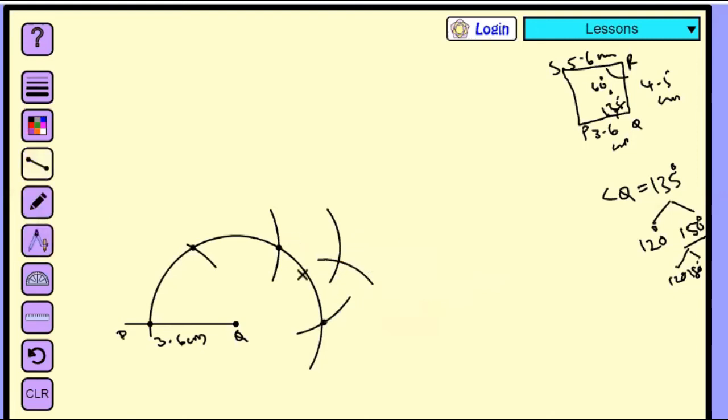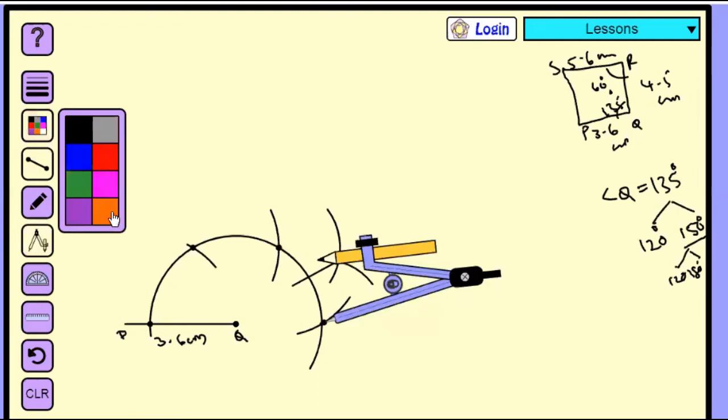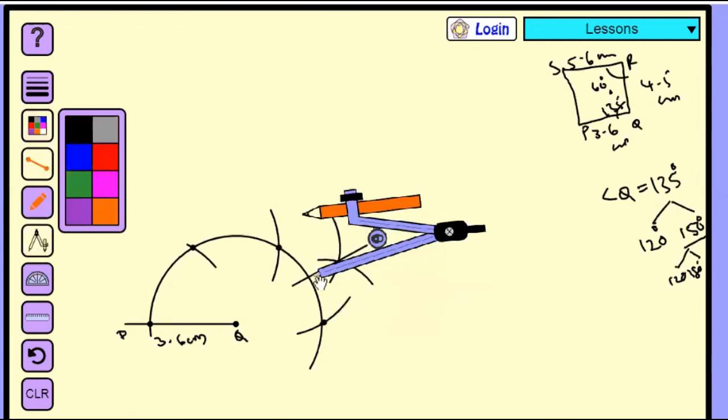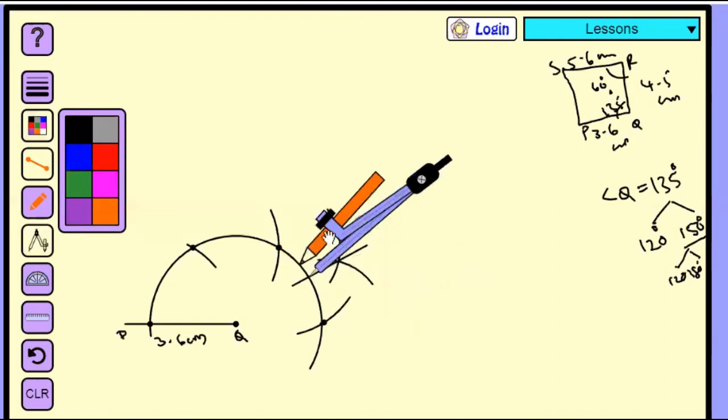Now just remove the compass and mark the point of this 150 degrees. Why? Because we need to bisect this 120 and 150. Now see this middle arc shows the 150 degrees. Now we are going to bisect this 120 and 150. So for that I am changing the color of this pen. So for that you should take the compass radius more than half of the length of 150 and 120.